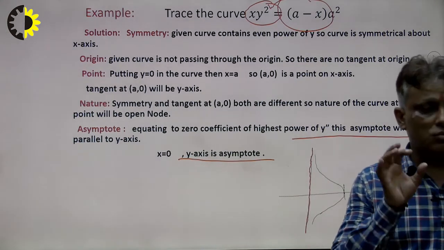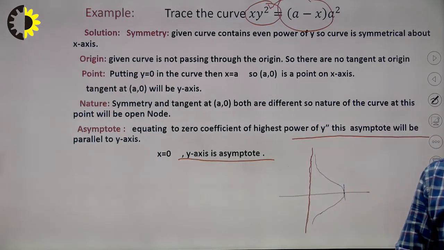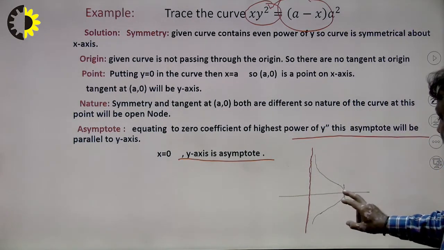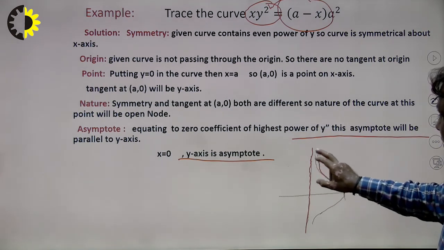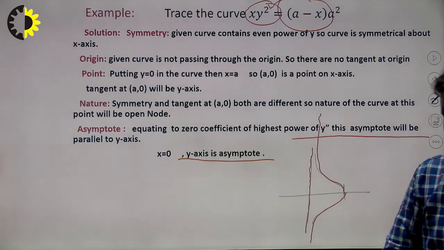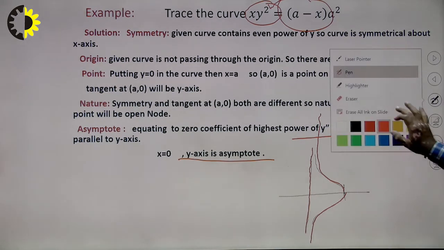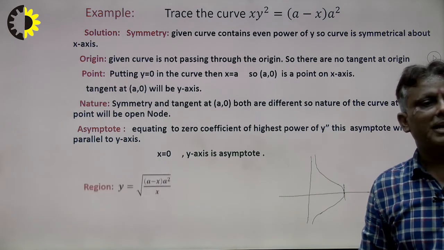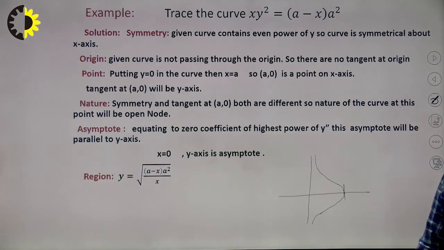So the curve goes to this side, going parallel up to infinity. So this will be the nature of the curve, because the curve starts at this point and goes up to infinity. In this way this side goes to infinity. In this way the sharpener plays the most important role in calculating our problem. Students, keep in mind when we solve the problem, this is the region R, and we calculate our problem.